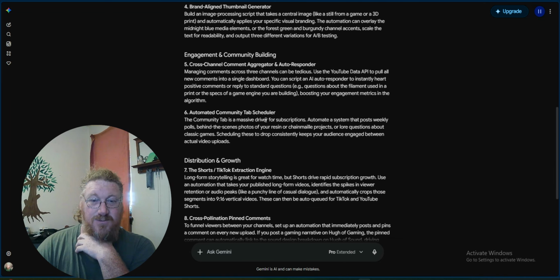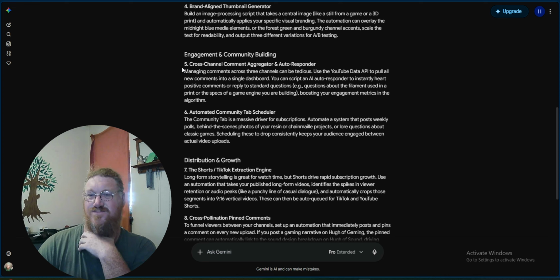Engagement and community building. 5. Cross-channel comment aggregator and autoresponder. Managing comments across 3 channels can be tedious. Use the YouTube Data API to pull all new comments into a single dashboard. You can script an AI autoresponder to instantly heart positive comments or reply to standard questions, e.g., questions about the filament used in a print or the specs of a game engine you are building, boosting your engagement metrics in